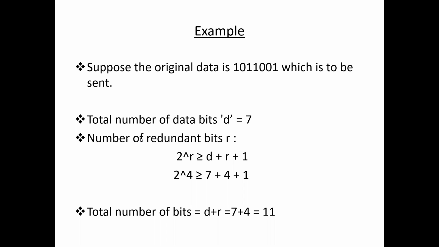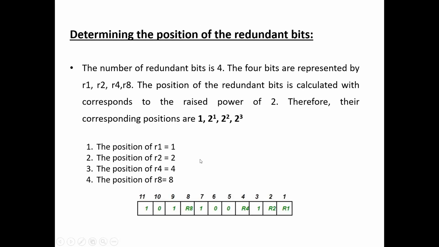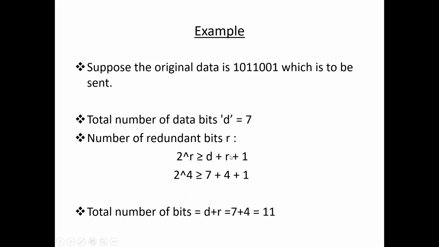Now we have to calculate the number of redundant bits R. It must satisfy the condition 2 power R greater than or equal to D plus R plus 1. First we take R equal to 1. 2 power 1 is 2, so LHS is 2. With D equal to 7, 7 plus 1 plus 1 is 9. So 2 greater than or equal to 9 is false. Next, R equal to 2. 2 square is 4, LHS 4. 4 greater than or equal to 7 plus 2 plus 1,